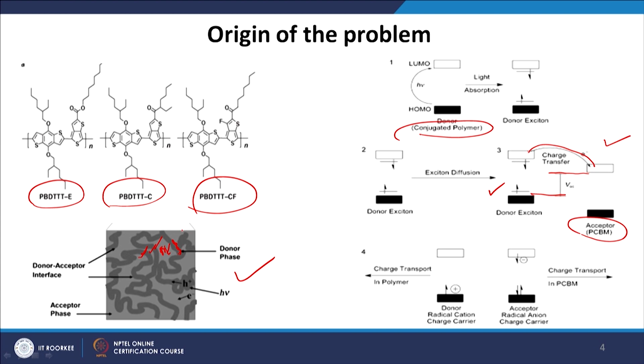But let us say I put an electrode on this side and another electrode on this side. The electrons or holes which have been generated here have to travel along this distance to reach the electrode. Let us say this distance is 100 nanometer, but the electrons can travel only 10 nanometer before they recombine with a hole. So, if the thickness of the active layer is 100 nanometer, then only those electrons and holes within a 10 nanometer distance from the electrode will contribute to the current. The remaining ones in the bulk will not contribute to charge conduction. So, that is not a good scenario.